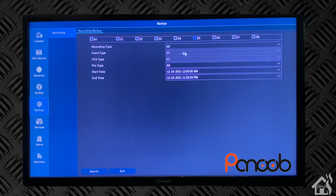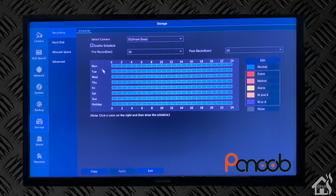Again, we talked about recording a little bit earlier. It is set to record all the time. You can change that if you want it to only be recording as it sees motion or has events that trigger it. You can do that as well. We only have 4 cameras hooked up to it, and we have 2 terabytes of disk storage. So I think at least for right now, we can just have it record all the time and it'll overwrite